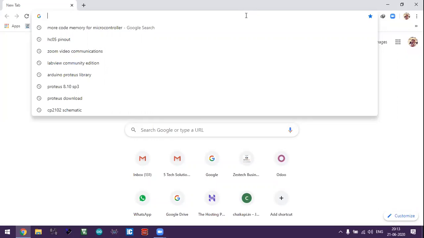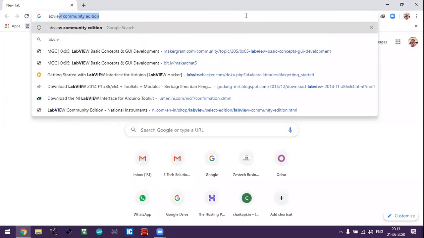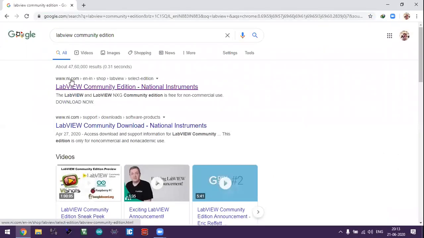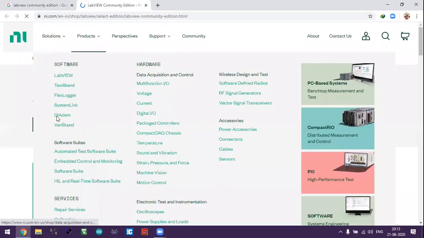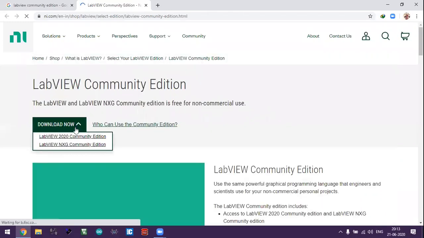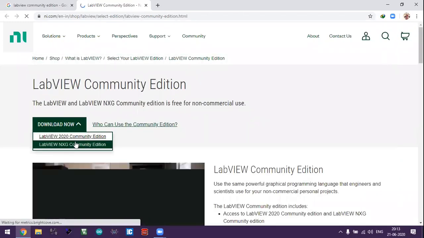We can Google it: LabVIEW Community Edition. Just click on this first link. If someone wants to download the Community Edition, it is free of cost, so you can directly go through it and download. There are two versions available.